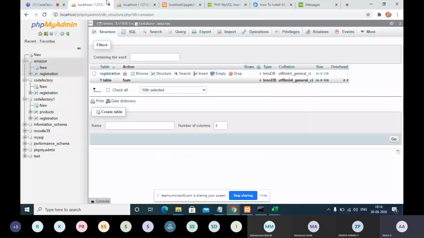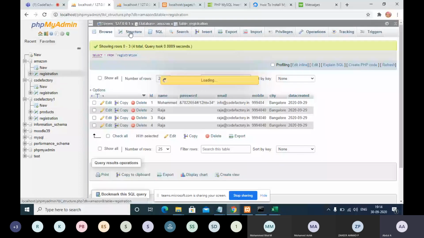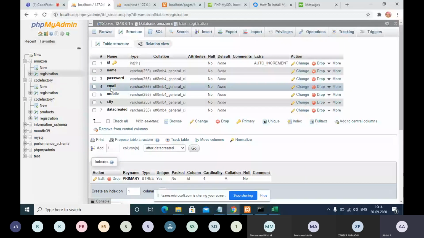So what we have done in the past 2 days is we have created a database. Under the database we have created one table. That table structure will be like id, name, password, email, mobile, city, data created.